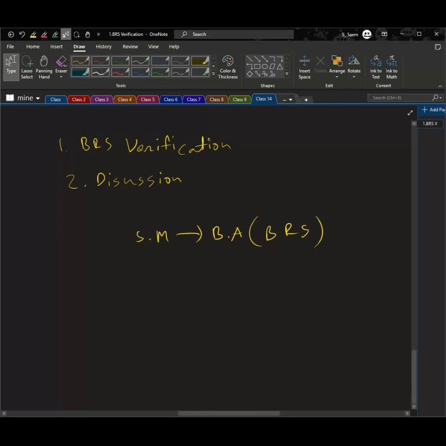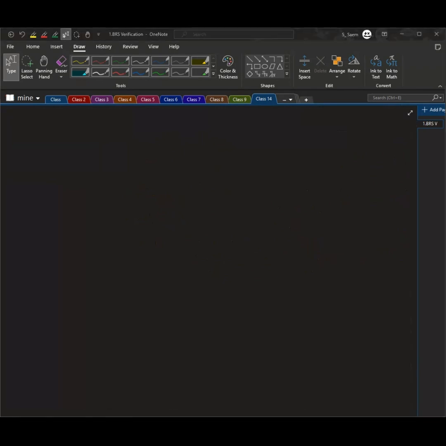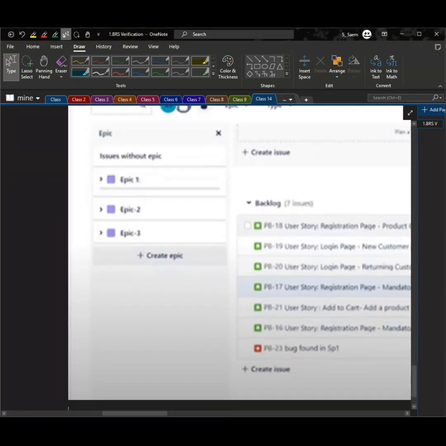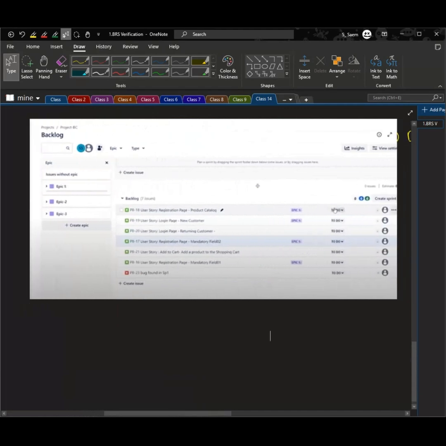Now, for each user story, for example, registration page, the developers estimate how many story points the task will take. Here you can assign them the different points for stories. Like there are three developers. Developer one estimates 3 points. Developer two estimates 3 points. Developer three